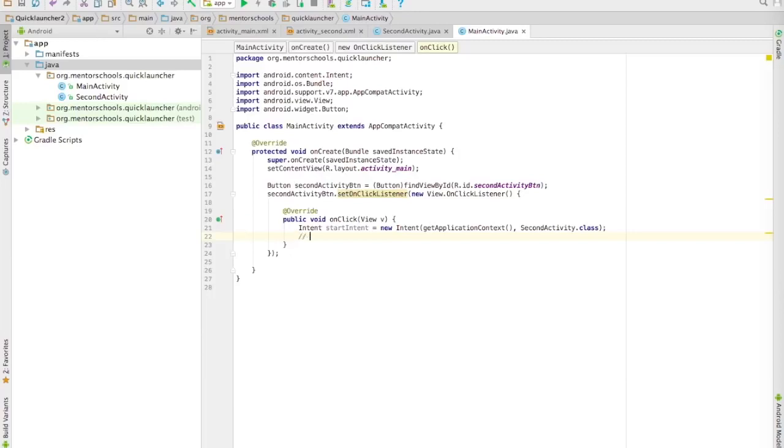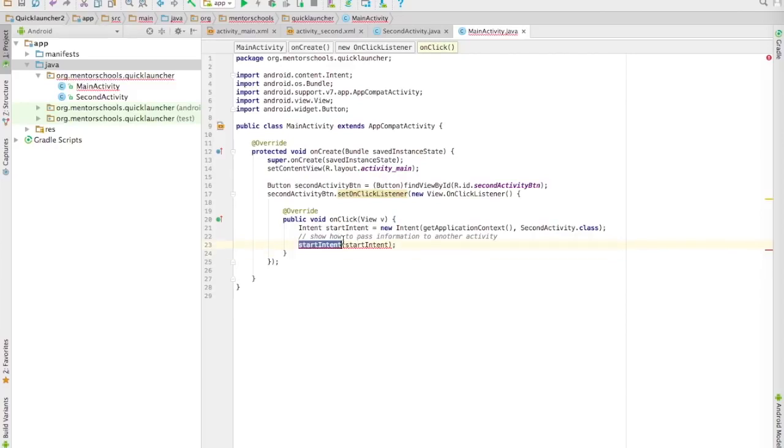I'm going to show you how to pass information to that second screen or that second activity in a minute, but not first. So let's go ahead and just start this second activity, and there's a method called start intent, and within that you have to just pass it an intent. Well, the intent that we just created is called start intent, and we're going to fire it up and see what it does. So when we click this button,